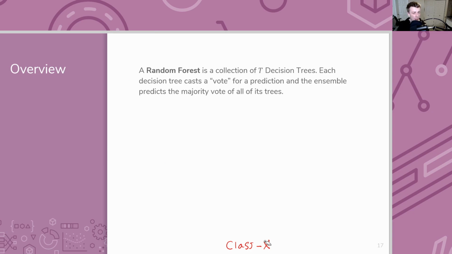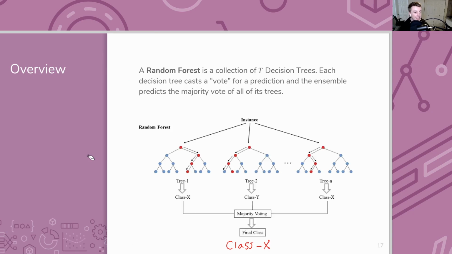For this kind of ensemble, a random forest is a collection of T decision trees. Each decision tree is going to cast its own vote for what it thinks the ensemble should predict, and then the ensemble will just predict the majority vote. So the big idea is instead of just training one decision tree, we're going to train a bunch of decision trees and have each one have an equal vote in what the result should be. It's a democratic way of modeling. It says instead of trying to come up with one really good model, just come up with a bunch of models and have each one vote.